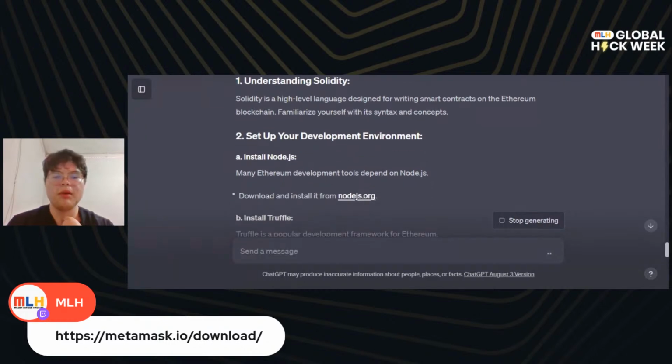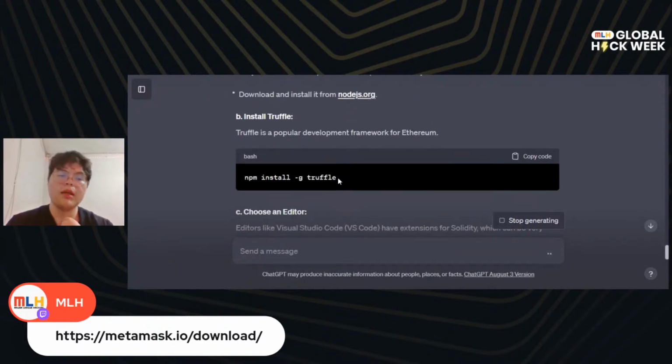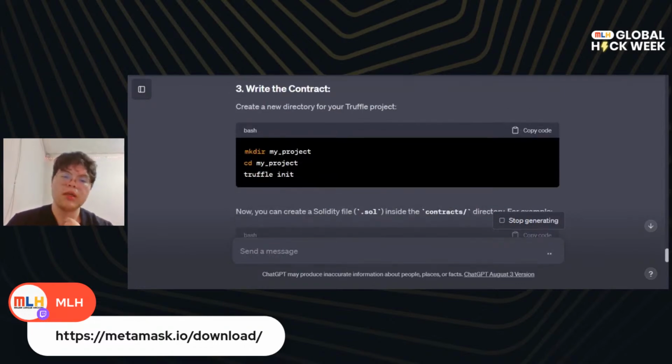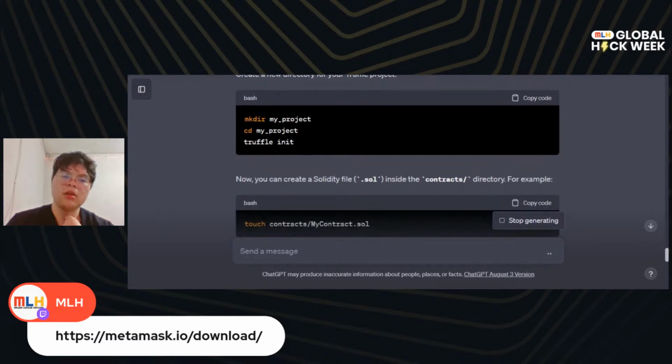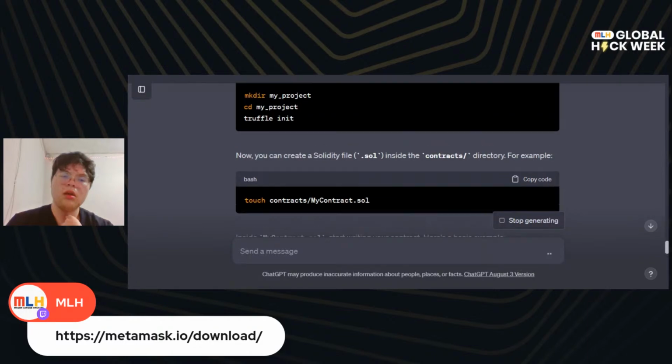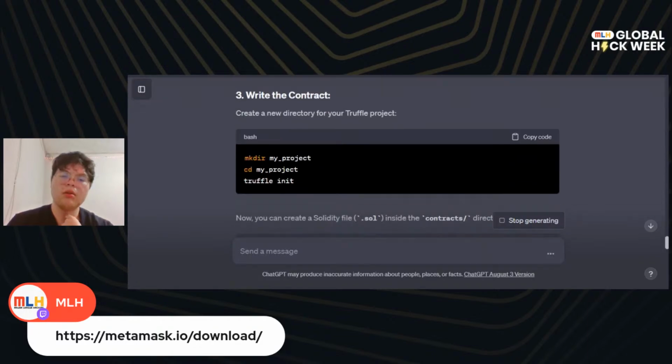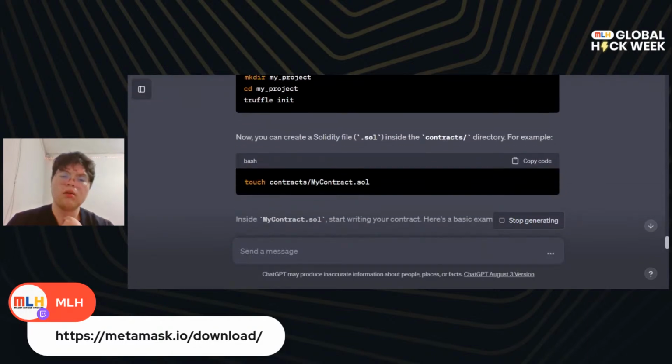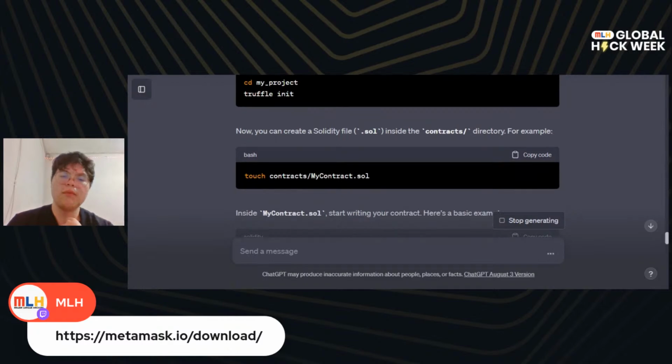Then for the development environment, we have Node.js. Okay, so we need Truffle. Then write a contract. Truffle init, and create a new directory. Okay, so we need to create a